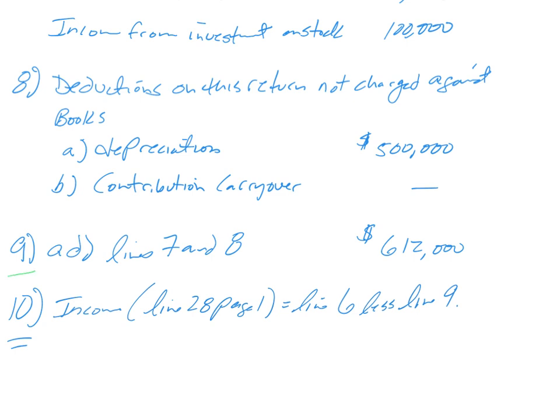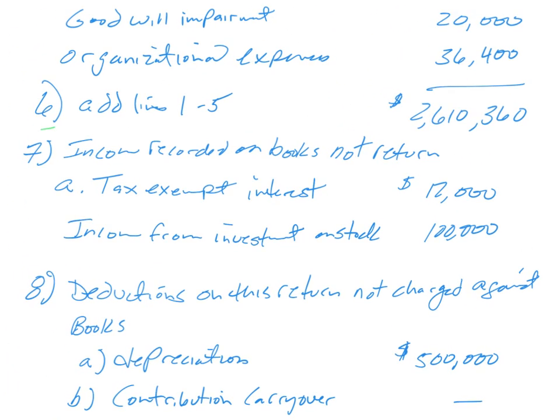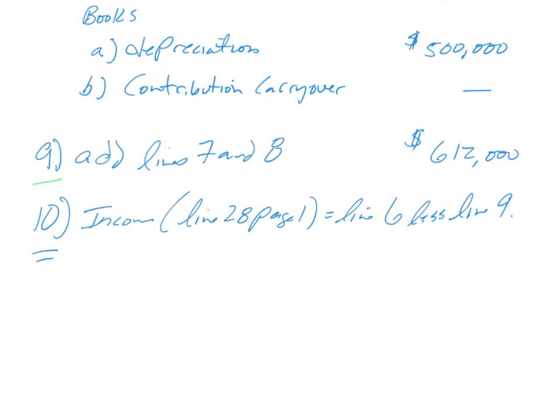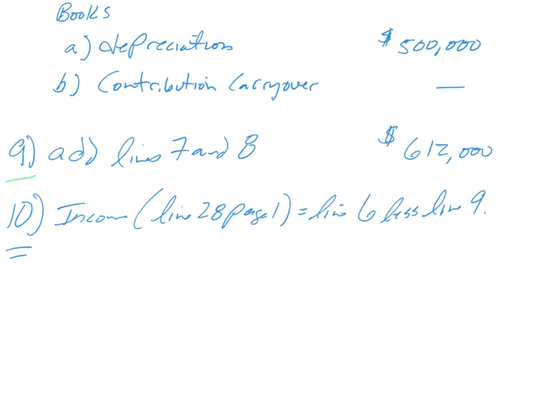So here's 9, and then 6 is up there. All right. And then when you take line 6 less line 9, you get